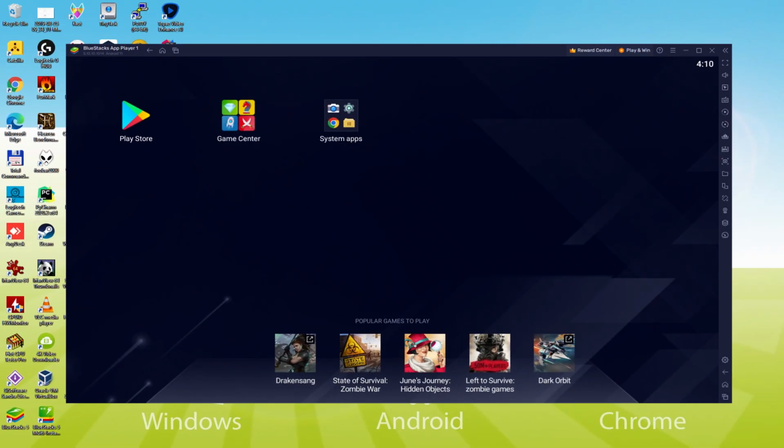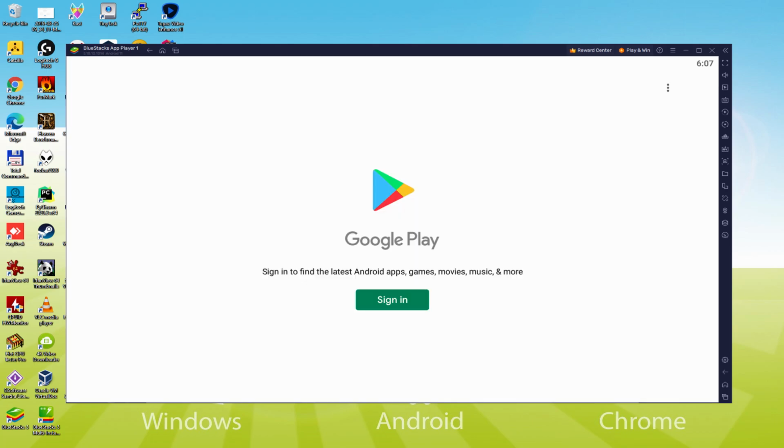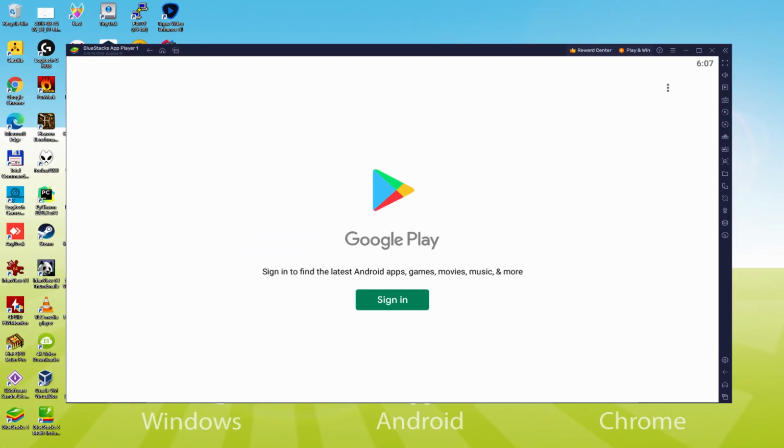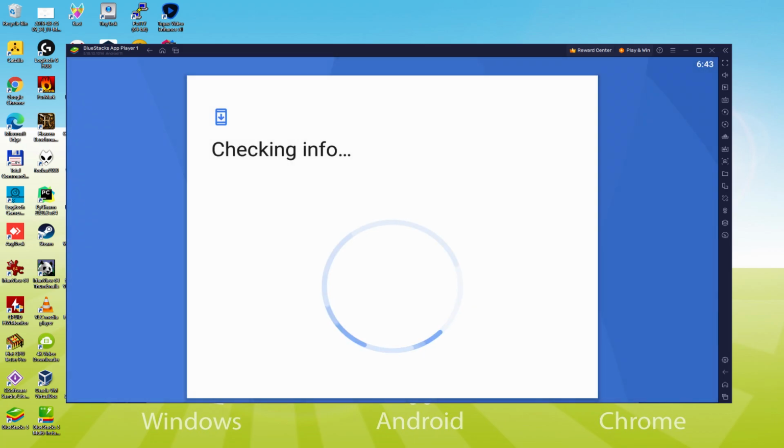Shall we conduct the next step, which is a requirement, and this is to begin to browse the Google Play Store. And we'll click on Play Store. As can be seen, the Google Play is launched. At this point we must log on. Right now when we're here, we must absolutely perform this next step that is imperative. So we click on Sign In. Presently it announces Checking Info.